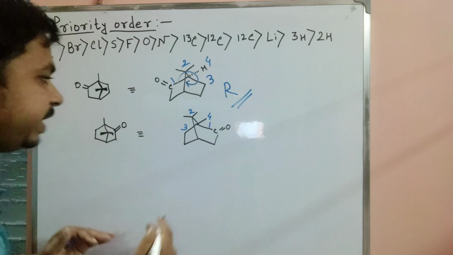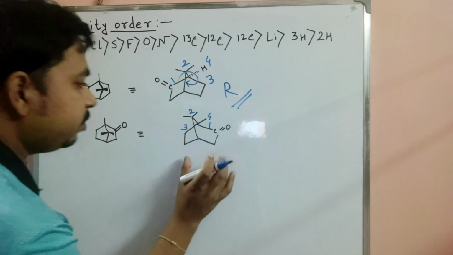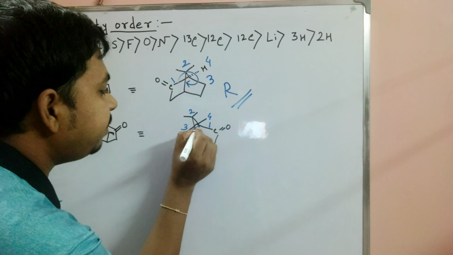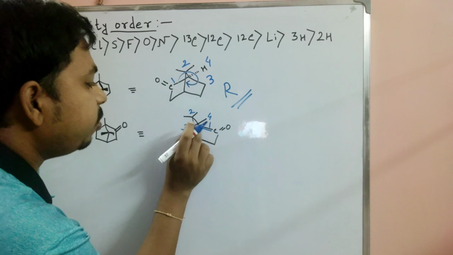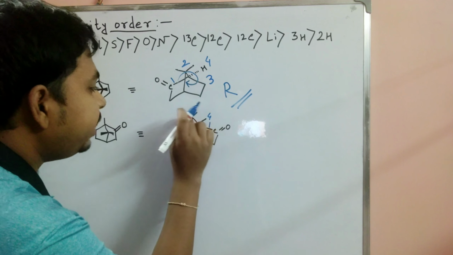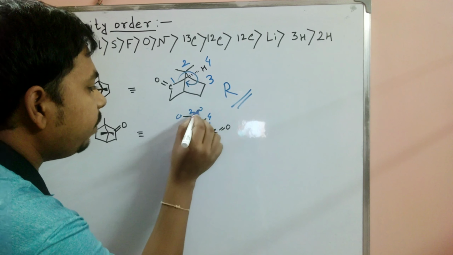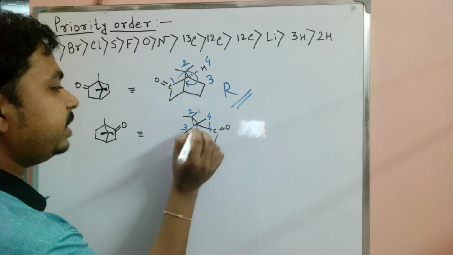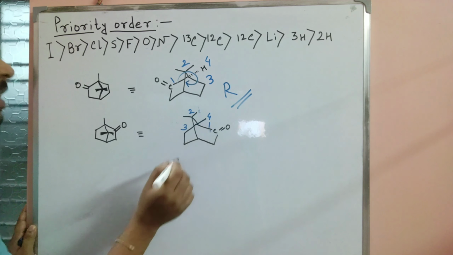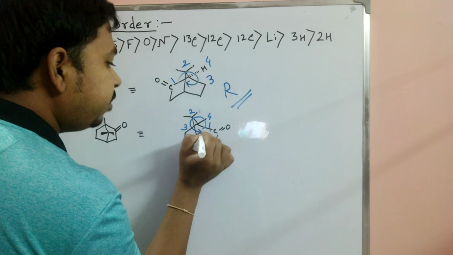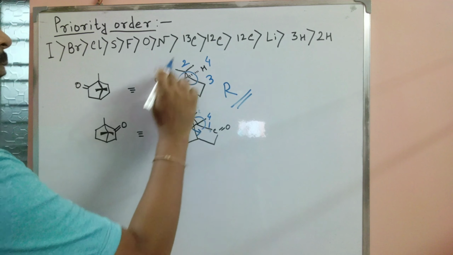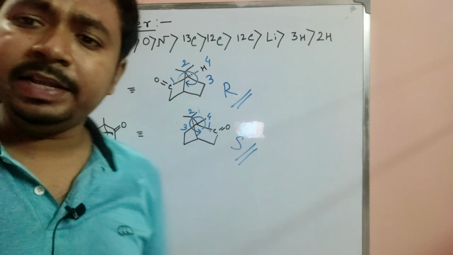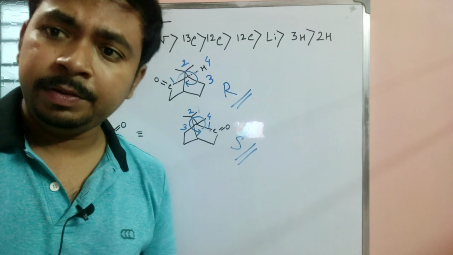And our next example, when we convert this term to this structure, so here when we go from the right side, this bond is priority 1, and our upward side, due to the presence of the methyl group, is priority 2, and then our left side is 3. So according to this pattern, here 1 2 3 is anti-clockwise, and here 1 2 3 is clockwise, and in that case it is S configuration. So it's very simple to say the priority.